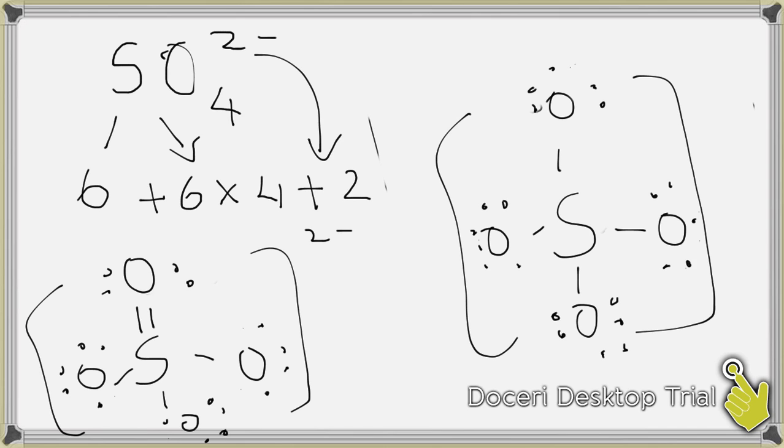And then formal charge shows which Lewis structure is more stable. For that, you have to find the formal charge for each and every atom. So how to find the formal charge? Number of bonding electrons minus,